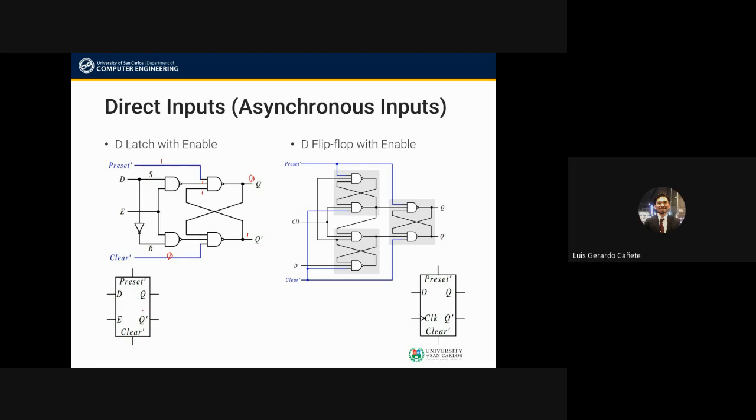Okay, so this is how we represent a D latch with a preset and clear. Notice that these are inverted. So yeah, that is an indication that a 0 at the preset would make Q equal to 1, and a 0 at clear would make this Q equal to 0. We can do the same thing with the D flip-flop, where we add preset and clear to the D flip-flop,